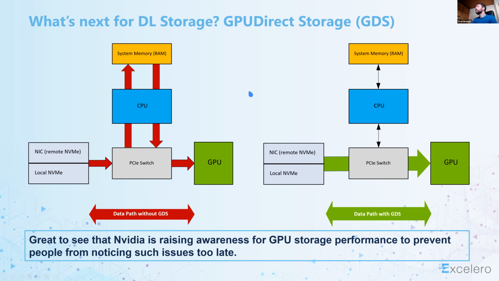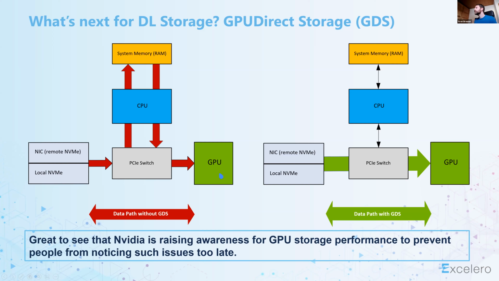So they are working on a new concept, which is called GPU direct storage. What does GPU direct storage mean? In the examples that I showed you before, how do the reads work? They come in through the network, get transferred into the main memory of the compute nodes, and afterwards transferred from there over to GPU memory. So for certain access patterns and certain file systems, this extra hop through main memory can become a bottleneck.